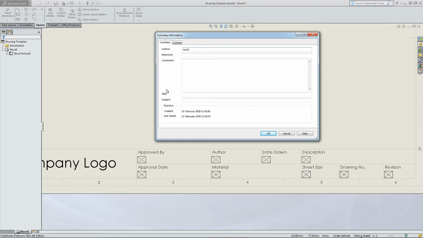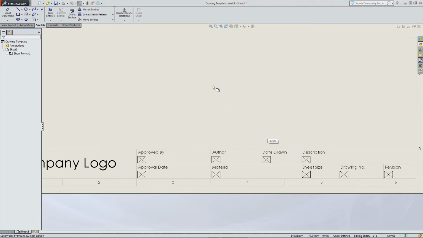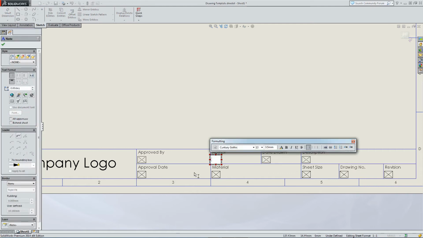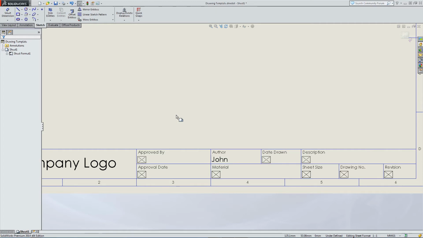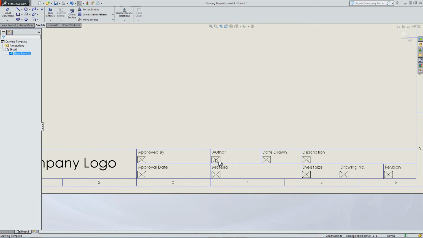So I'm going to fill in the author's name, John, and the title, Link Part. And I want to link these two options to the drawing border. So if we go right click, Edit Sheet Format, and I'm going to first look at the author. So I could type in John manually, but I've done this twice. I don't really want to do that, so let's get rid of that. The other option is to click on the box again,